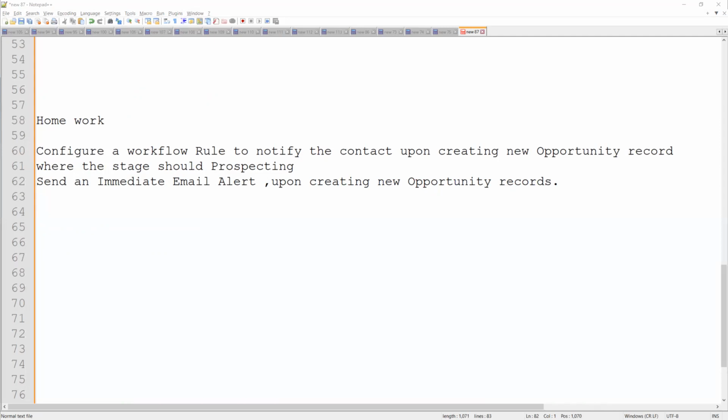Ma'am, yes. From yesterday's homework, when I'm creating a Lightning email template, after profile assigning, after all the things,